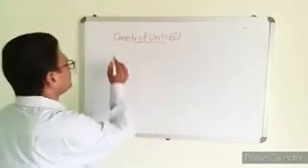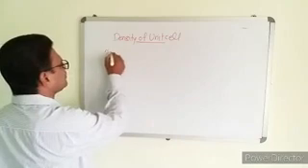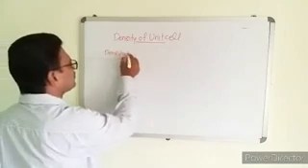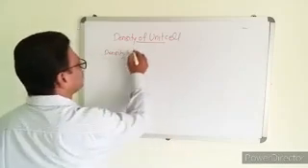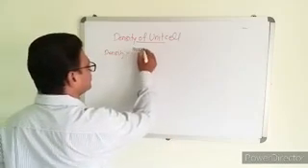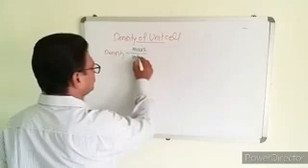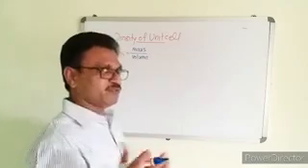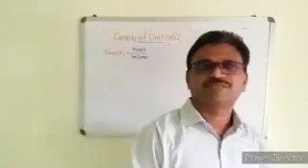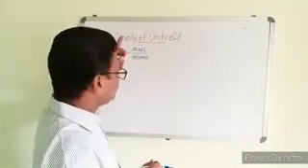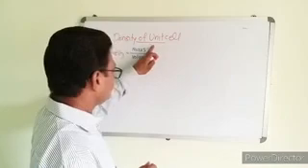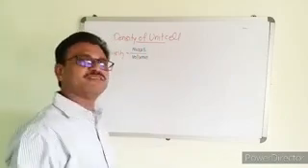So density, you know very well, density of anything we can calculate by knowing the value of mass and volume. Mass upon volume is the density. Means the density of unit cell. If we want to calculate the density of unit cell, we must know the mass of unit cell.